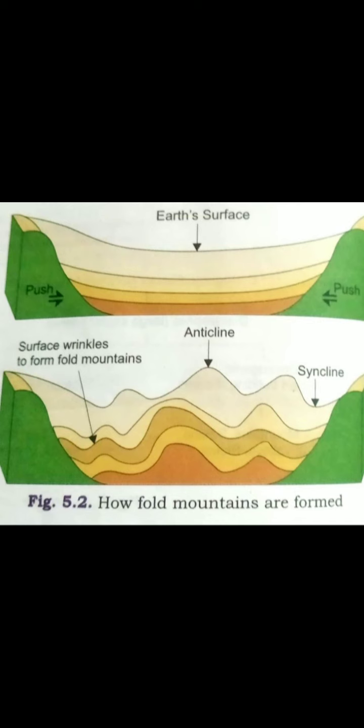These are the upfold rock strata. It is an arch-like shape. And can you see the down shape? The downfold structures, or the troughs, are synclines, right? So anticlines are called crests. They are upfolded and arch-shaped, and downfolded structures are called synclines. They are also known as troughs. So these troughs and crests are nothing but anticlines and synclines. Now this fold, can you see? Up and down. That is the reason why these mountains are called fold mountains.